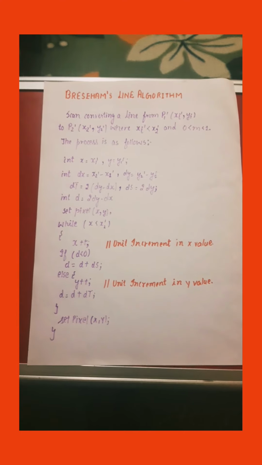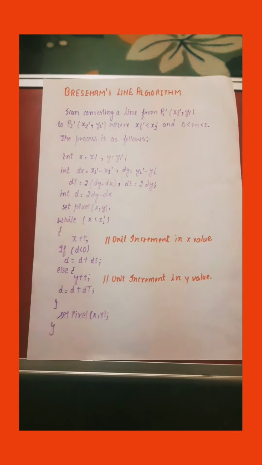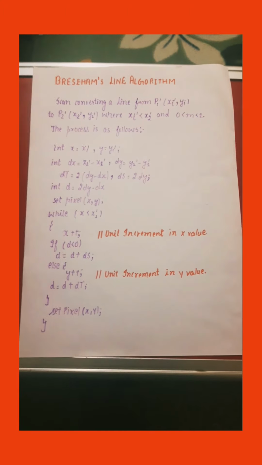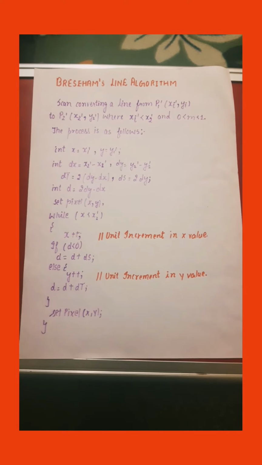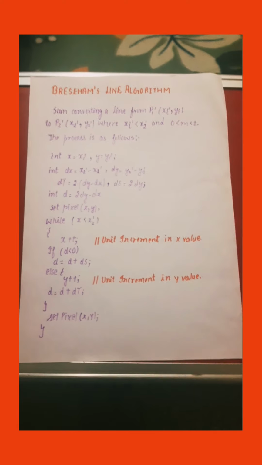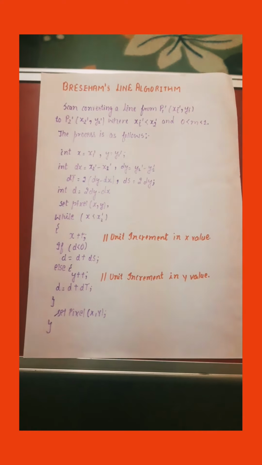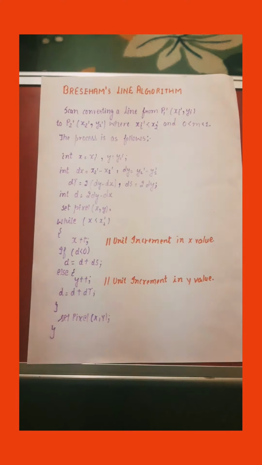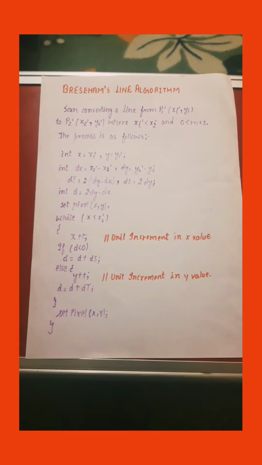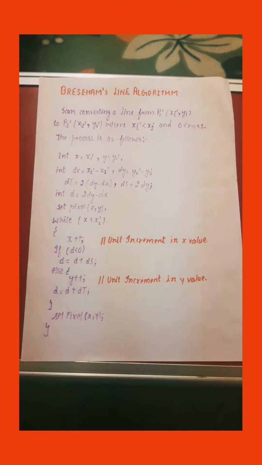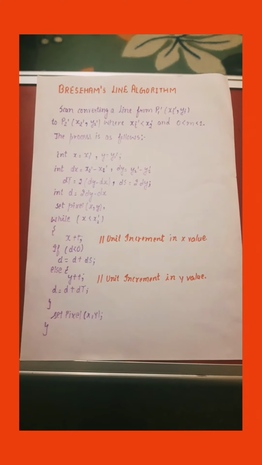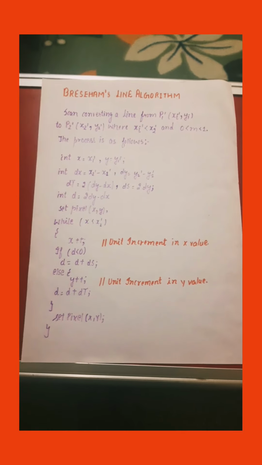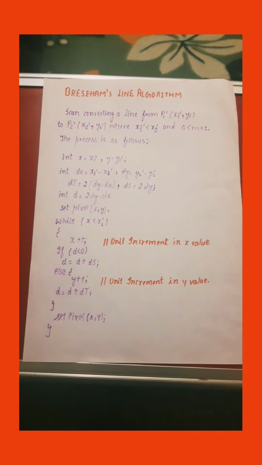And next, the decision parameter on which the scanning of the line will work is d, that is given by twice of dy minus dx, right? So firstly, we will set a pixel with the initial values of x and y, that is x1' and y1'. Next, we will check for the loop. We will continue with this loop until the condition fails. The condition for the loop is x should be less than x2', meaning we start from x1' and go up to the point where x is less than x2'. So next we increment the value of x by 1, that is x++.